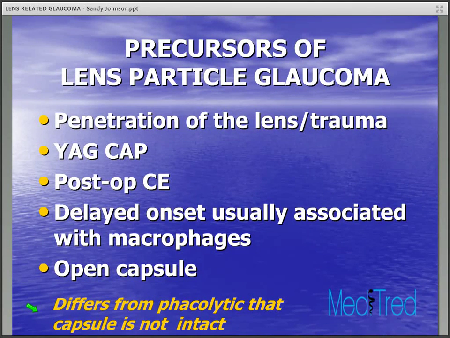So you can have changes in the lens capsule from trauma or where it's been perforated. YAG capsulotomy can result in lens particle release. After a cataract surgery, there can be lens material. You can have delayed onset, and those are the ones that have macrophages. You can also have, like my boy, I want to say, that had the delayed onset because it was 6 years after his cataract